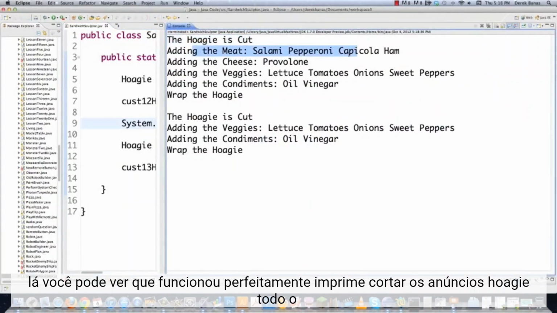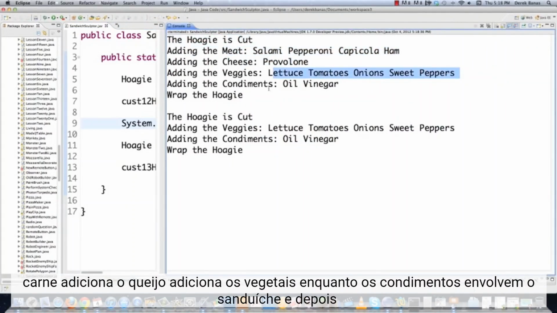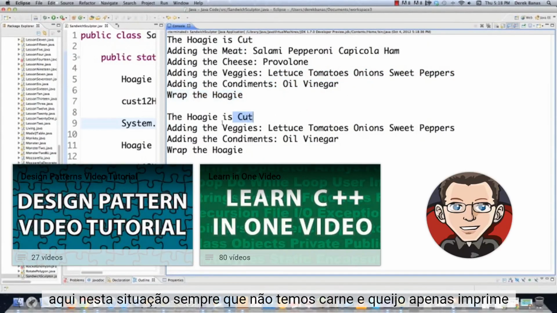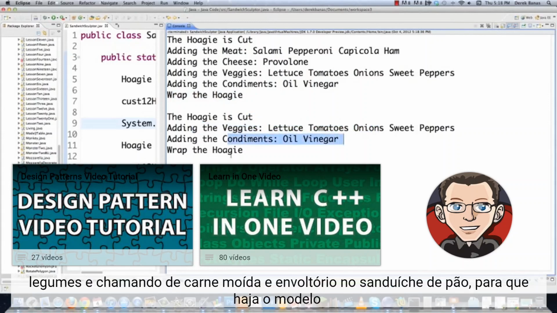Prints out, cut the hoagie, adds all the meat, adds the cheese, adds the veggies, adds the condiments, wraps the hoagie. And then in this situation, whenever we don't have meat and cheese, it just prints out veggies and condiments and wraps that hoagie. So there is the